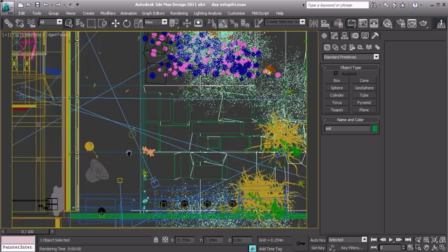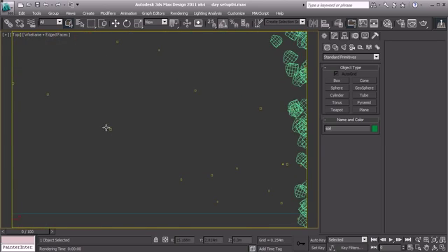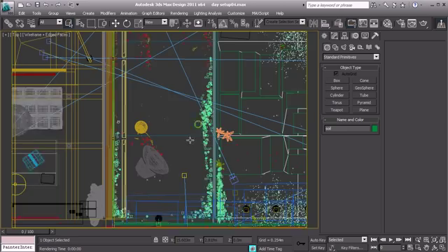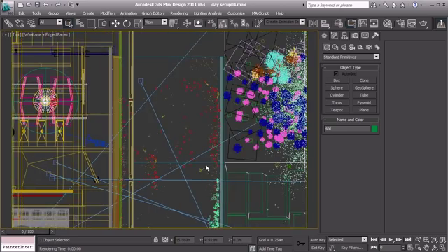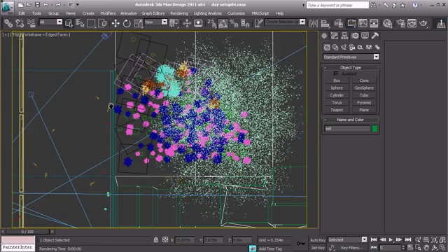And we have also added a few details on the ground, like here some little spheres that represent the debris on the terrace. We have also a few leaves and small branches, and in the end Onyx plants, so